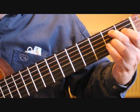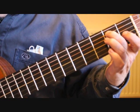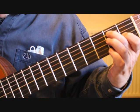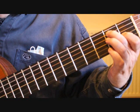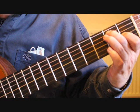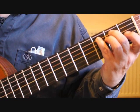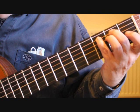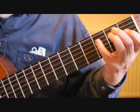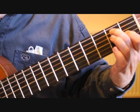Bar 20. The 2nd finger's already on the B, on the 5th string. We place the 1st finger on the G sharp 1st fret 3rd string, and we're playing the 6th, 5th, 3rd and 1st strings. You repeat that 5th string B again, and then we need C natural, which is at the 3rd fret on the 5th string, and our E, which we're already covering with the chord. So we're playing the chord of E major,